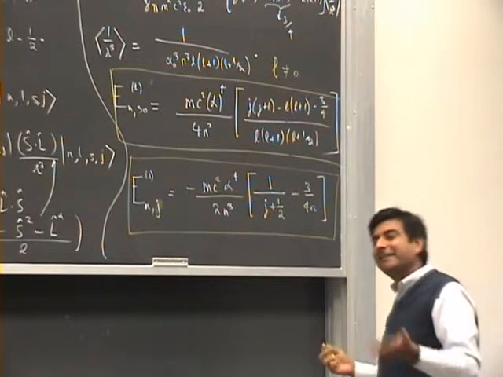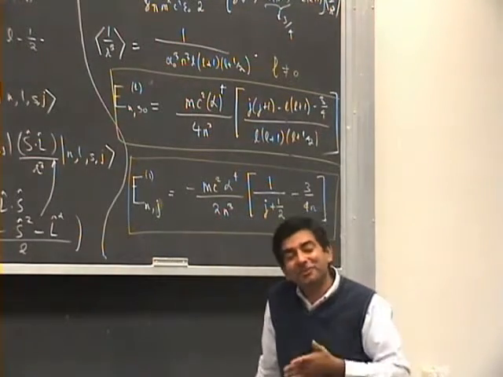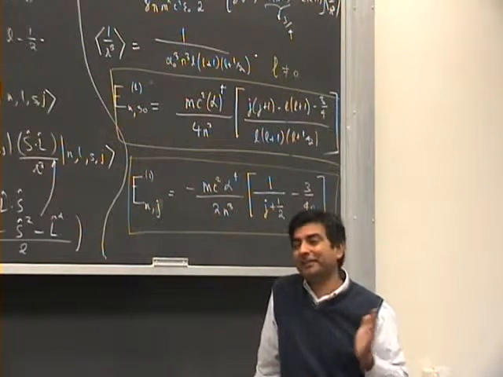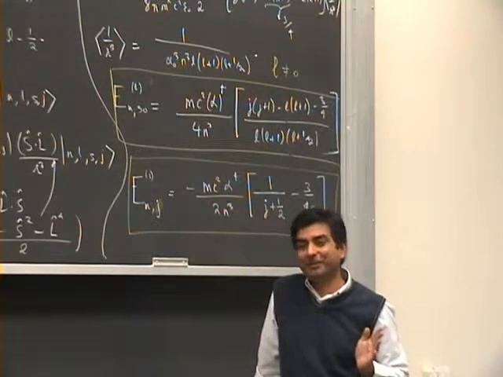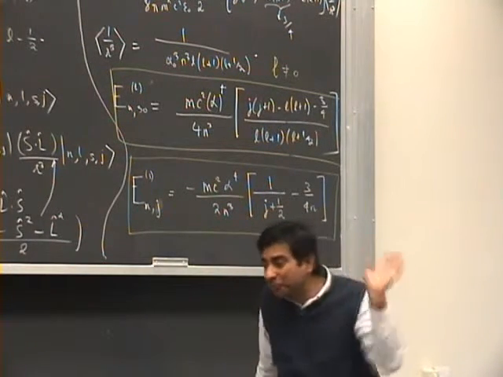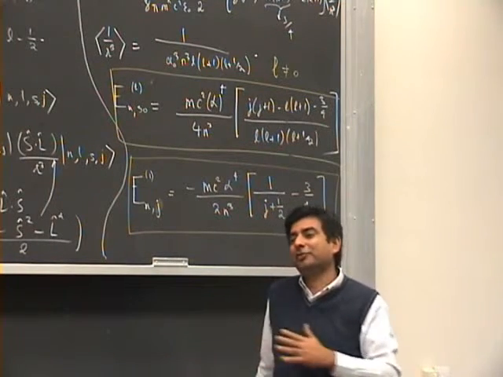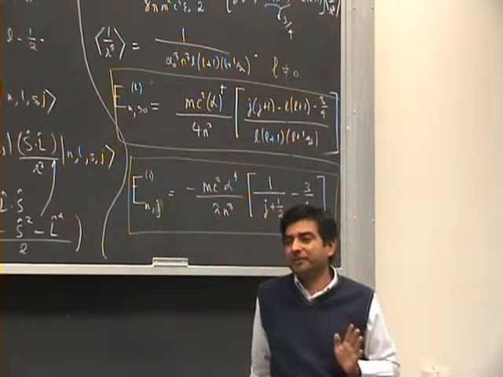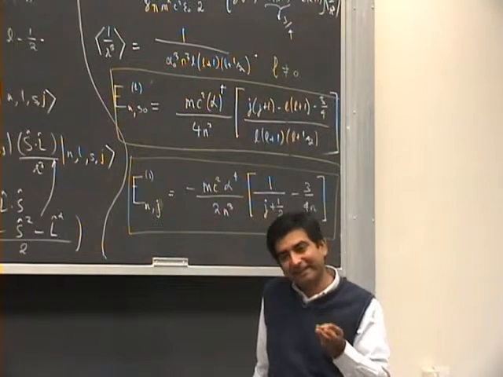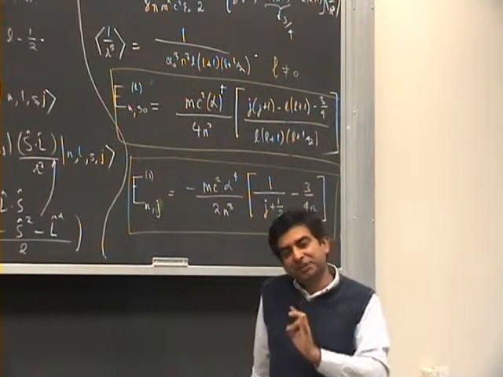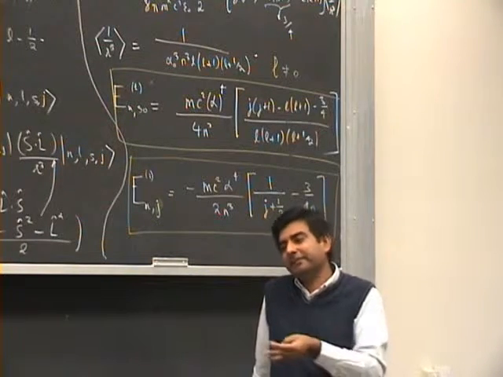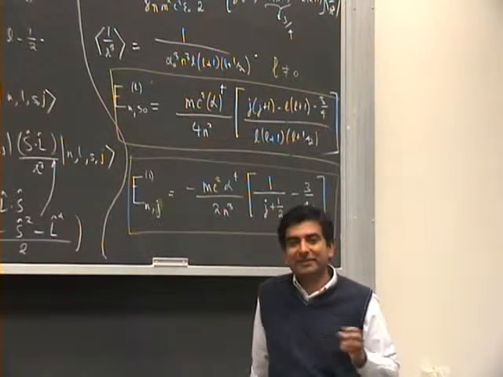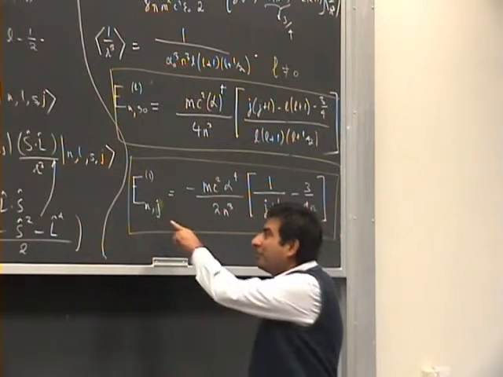Because SL does not commute, SZ does not commute with the perturbative number. LZ does not commute with the perturbative number. So ml and ms lose meaning at all. They have no meaning at all if you include the spin orbit interaction. They are bad quantum numbers. The good quantum numbers are n, l, s, j, and if need arises mj, which is the z component of